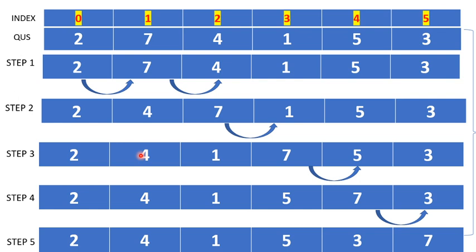And after pass 1 you will see that the largest value 7 is at the end. Initially it was at index 1, and when pass 1 is completed, it has gone to the last index. So after each and every pass the largest value will go to the end.